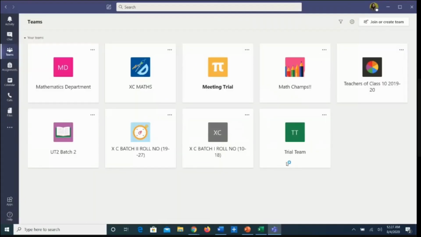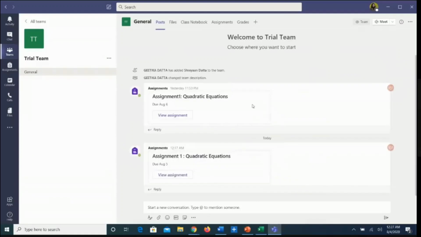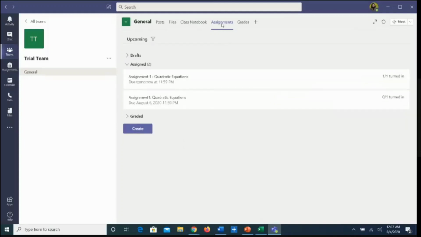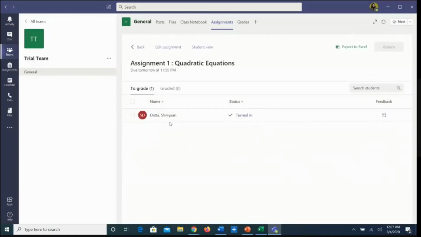Now once the student has uploaded the work, it is the teacher's turn to see the work and assess it. So I have again logged in as a teacher and I go to see the child's work. What is the way to do it? I go on to the assignments. I click on the assignments and I see that for the assignment given to this child, one on one has turned it in. So I click on that and I see that this child has done the work. It's written turned in, which means that the child has done the work.